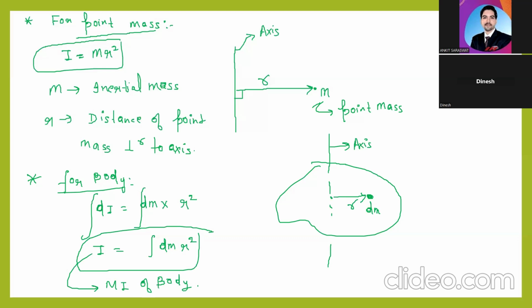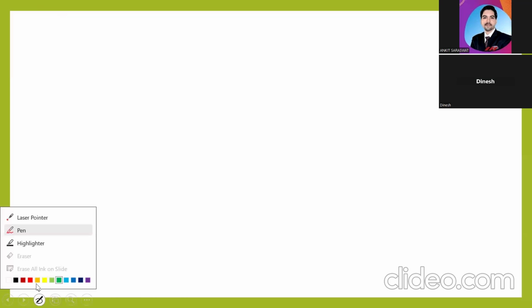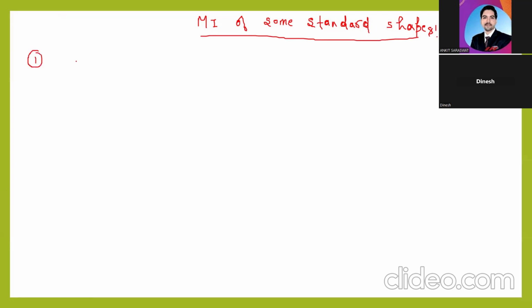I will give you directly. You just remember; the derivation also I will show you. Don't need to worry, but I want to give you a little bit of information. Write down the moment of inertia of some standard shapes. Write down the heading, some standard shapes, which you have to learn. If you learn, then, because in the exam, you need to directly write the formula and get the answer. That is the concept. For example,